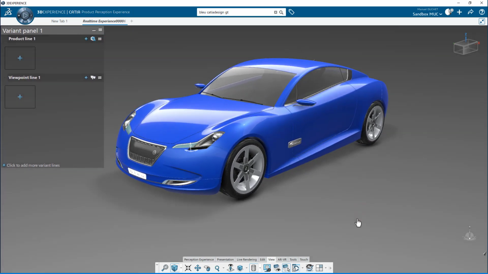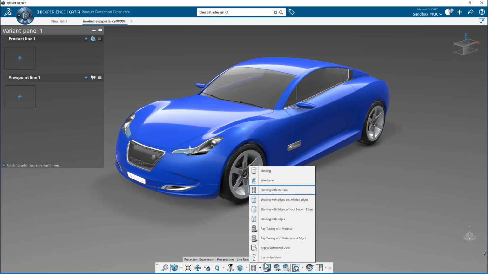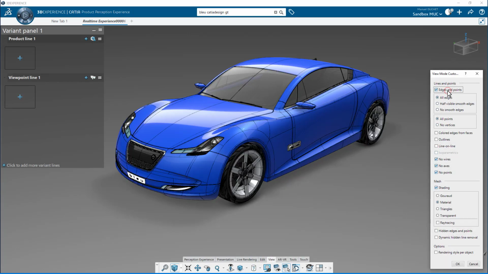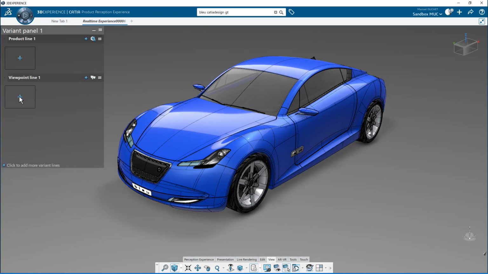The first one will be a view like 3/4 front. But I want to customize it a bit to make it more CAD-like, still with material rendering, but with the edges. So capturing not only this point of view, but also this shading mode in a single variant. I'm using the big plus in the line for the first variant.